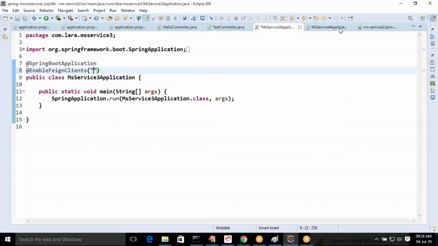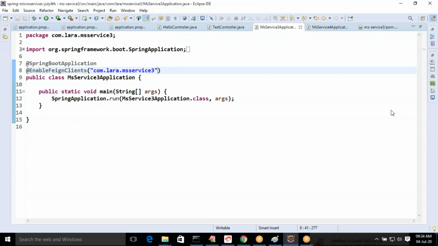I will specify the current package itself, since I'm developing all the classes in the same package. You can also supply multiple package names through the value attribute in the form of a string array.